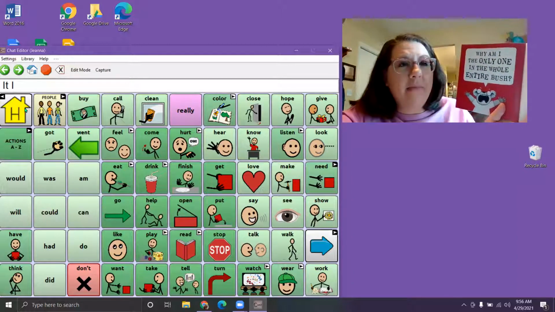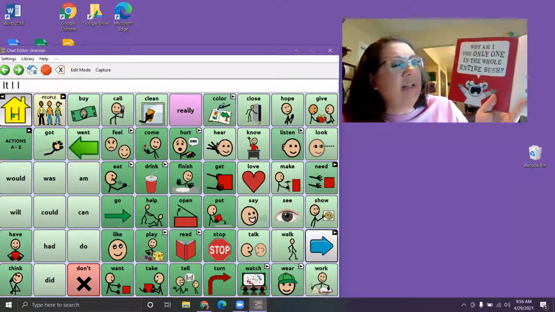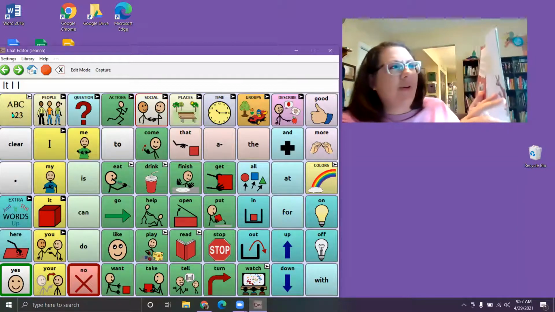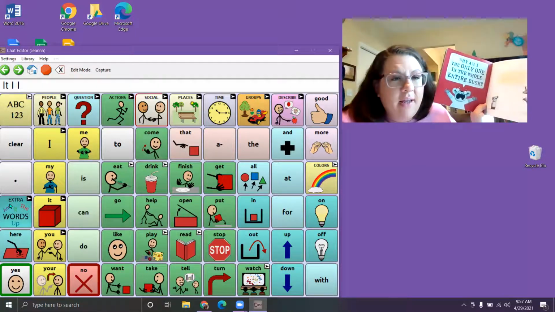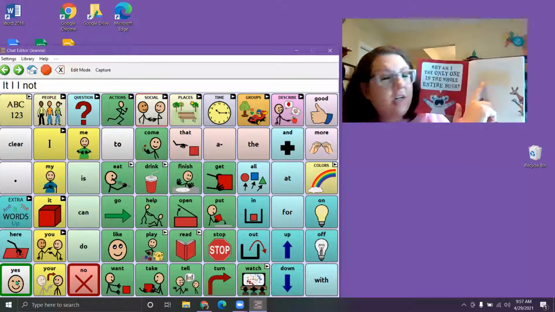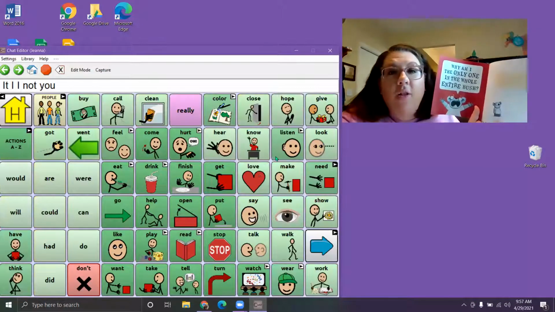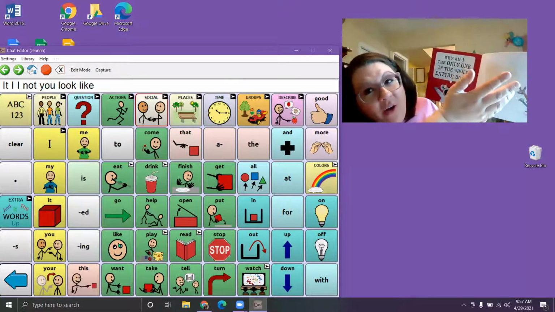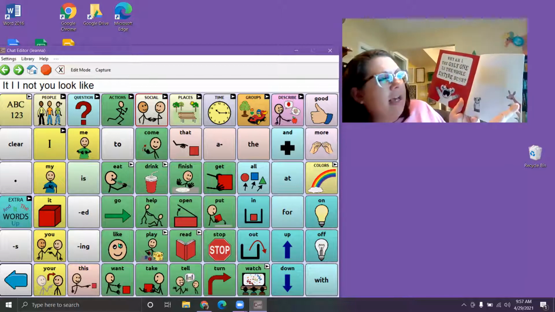So he says, why am I the only one in the whole entire bush. So it's like country in Australia, the whole entire land. You may not be a bear, mate. Mate means friend in Australia. But you look like one. So those were what the other marsupials are saying, or well, the other animals that he compared earlier,